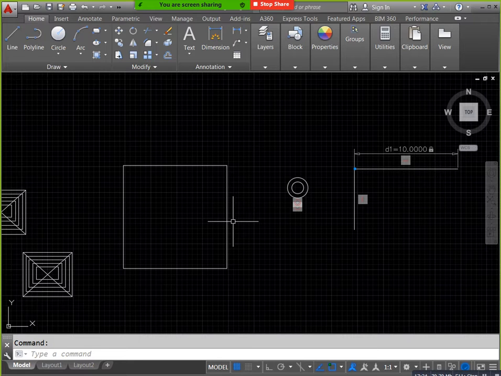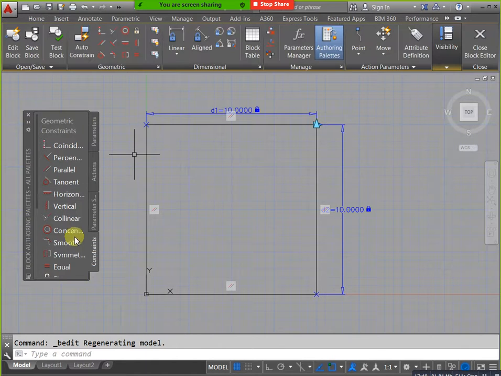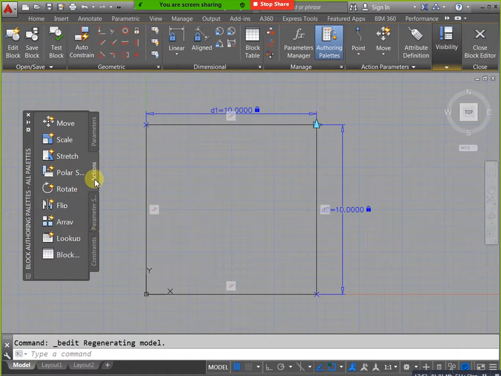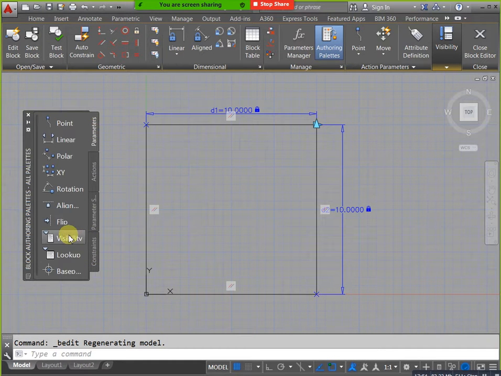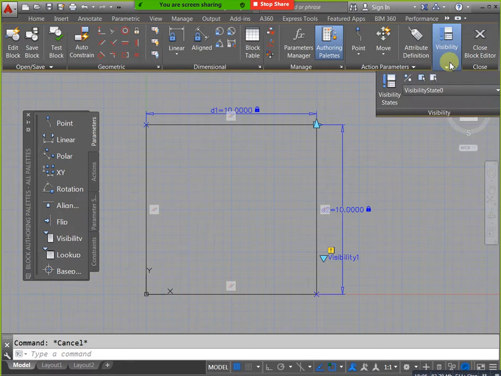This is one thing, and you go to parameters, actions. Here we have visibility, just click this visibility and place it here, you will get this drop down. At the same time, when you mention your visibility, this one is automatically highlighted. Here we have visibility states, click on visibility states and click on the new option or otherwise rename. For example, this is our top view, you can name it top view 8 terminal.